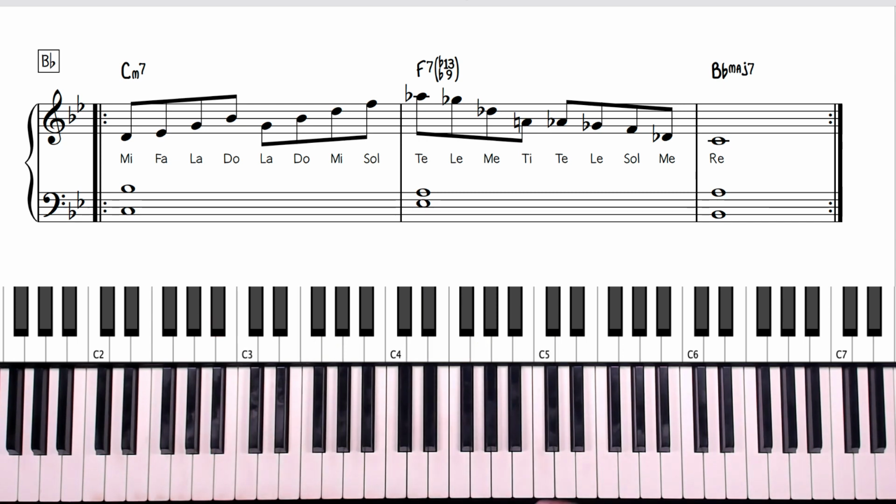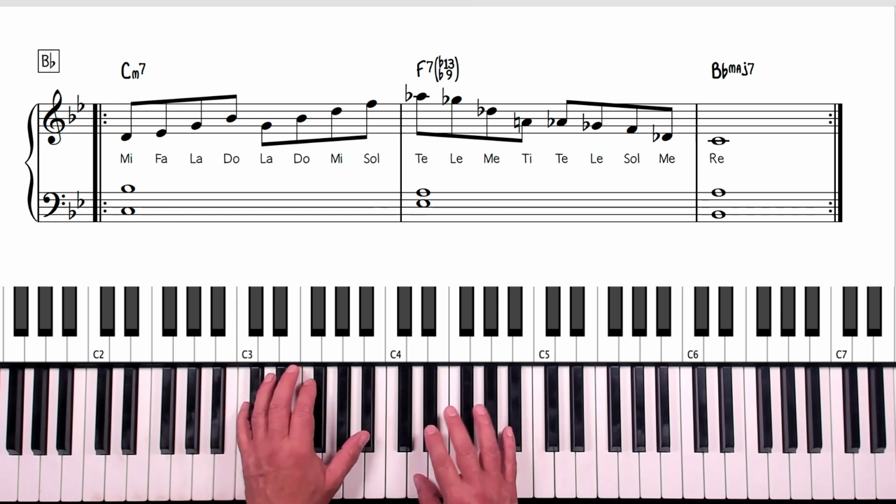Okay, and let's say that we feel now more comfortable. So we can go to, I'm going to play still in bossa, but I have another track here. Okay. Two, three, and